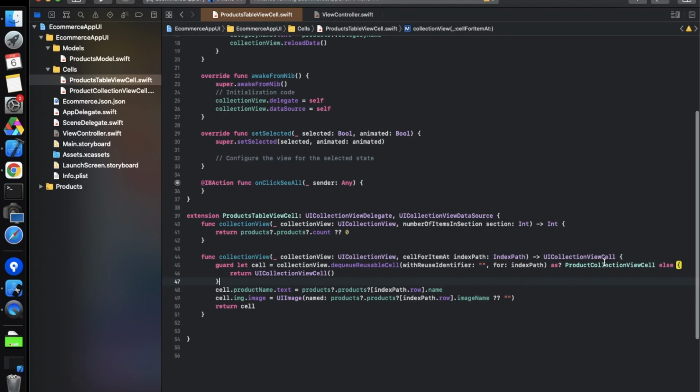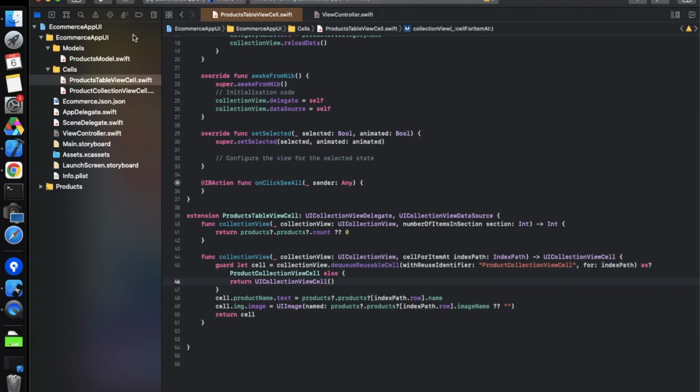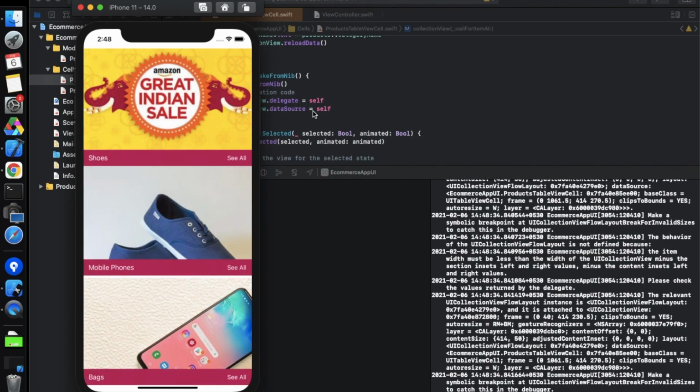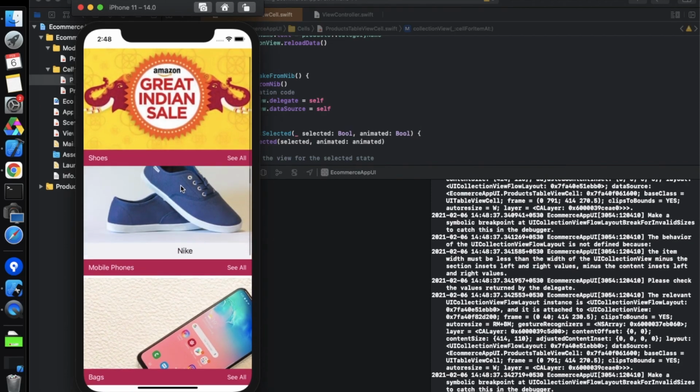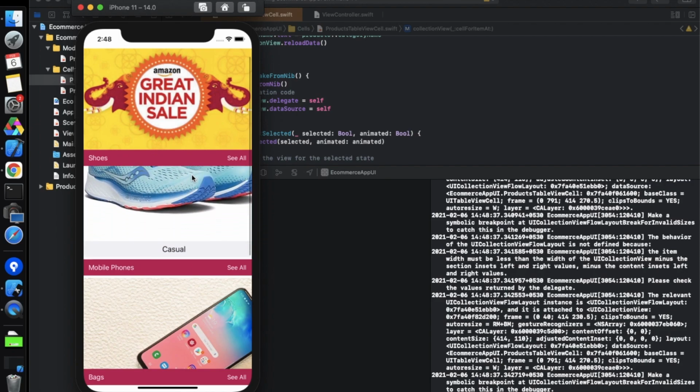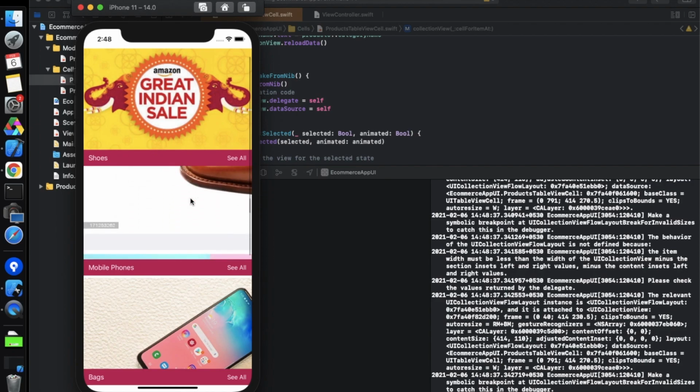One more thing that we have left is that we have to pass the identifier name. So just pass the identifier name over here, and now let's run this thing and see if it is working fine or not. It will load the product as well as the category name. So yeah, it's working fine, but things are not working as needed because the collection is loaded in the wrong direction. So let's fix this.